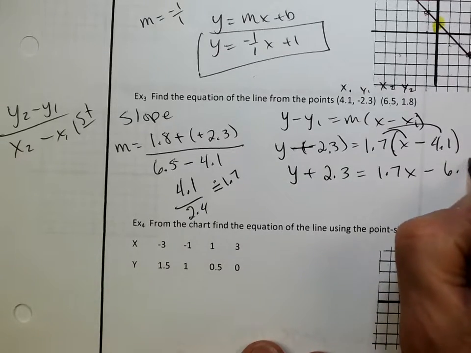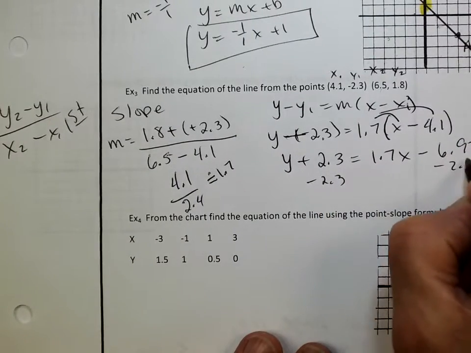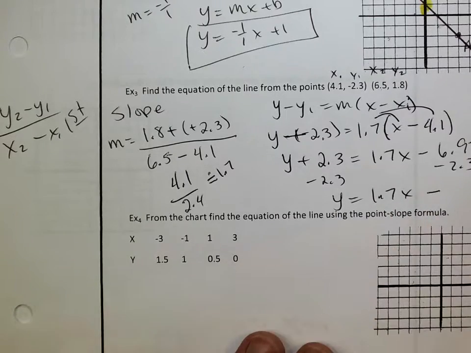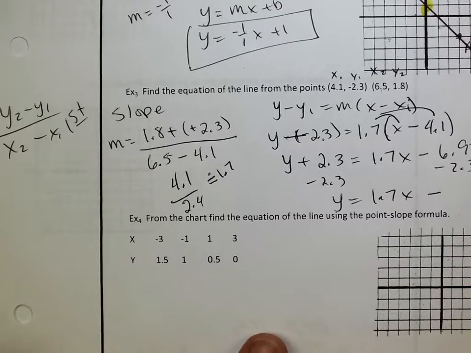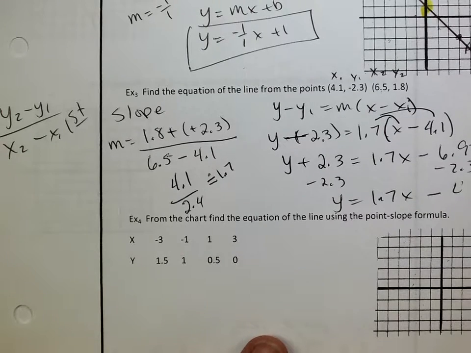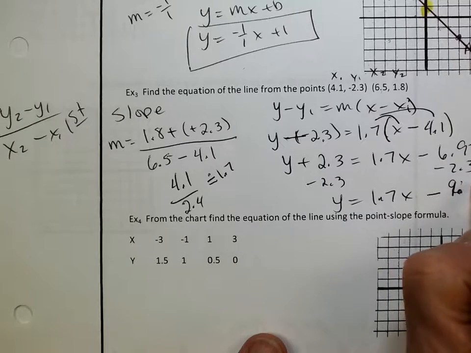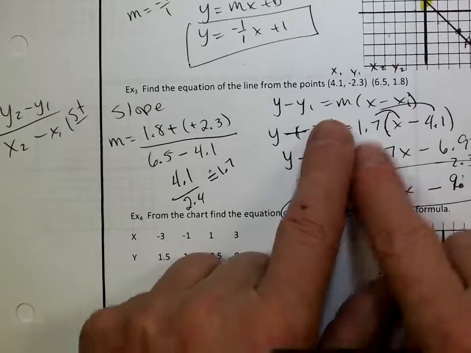I'm just going to go minus 2.3, minus 2.3, and I get y equals a 1.7x minus, let's see, 2.3, must be about a 4.67. No, that's not right. I'll do that again. That can't be right. 6.97 subtract 2.3. How about a negative 9.27? Negative 9.27. All right? So what I like about the point slope formula is that after you put everything where it